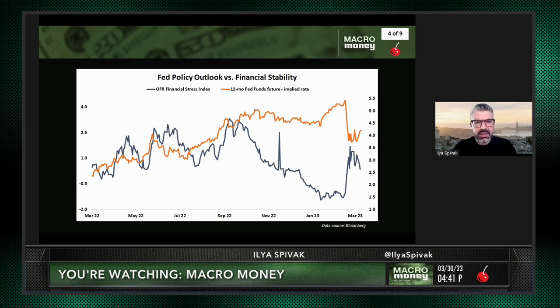You can see the 12-month Fed funds future implied rate, which essentially just tells you where the market thinks, based on futures rates, interest rate futures used to hedge the Fed and Fed risk, where rates are going to be a year from any given day. You can see it was supposed to be close to 5.5 just at the beginning of this month. It has now crashed to give or take 4 and has not moved off that square.